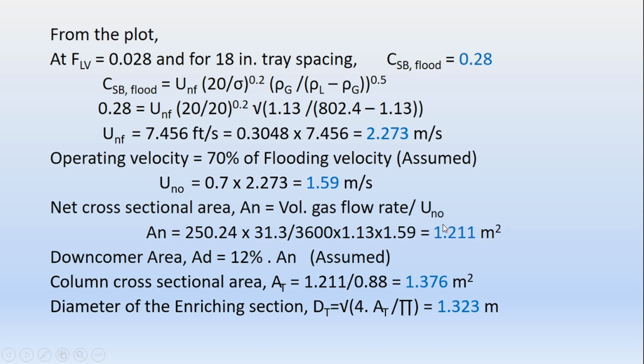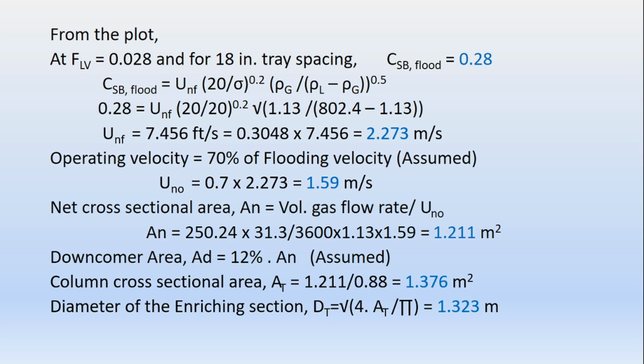But in that column, for each tray, some part of the tray will get lost because it is not completely active where the mass transfer happens. Mass transfer will happen only where the gas and liquid come in contact on a tray. So every tray has an active area. We will see that part also later. And some part of the tray is kept for the downcomer, the liquid flow, from where the liquid goes from one stage to another.